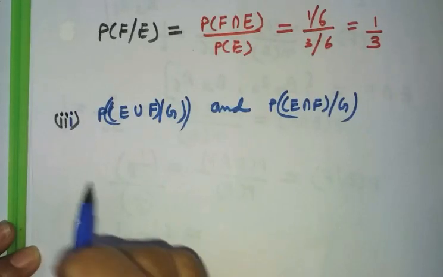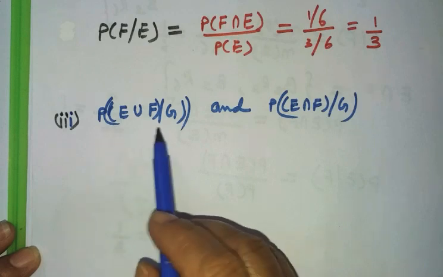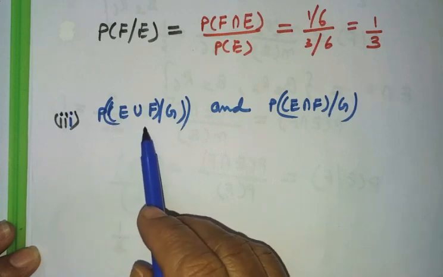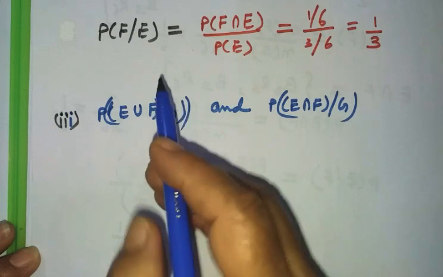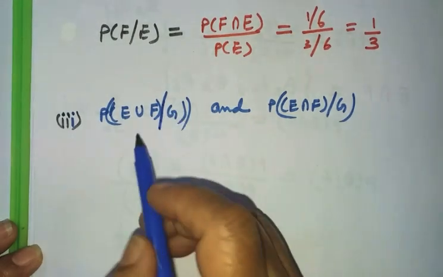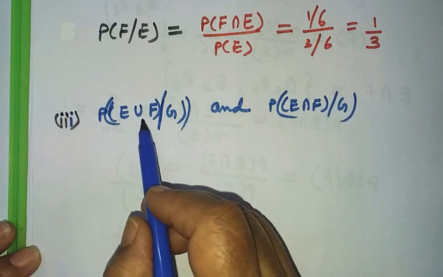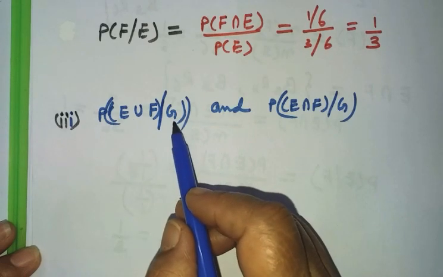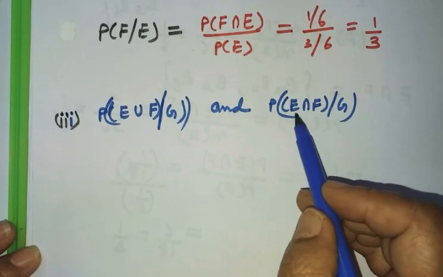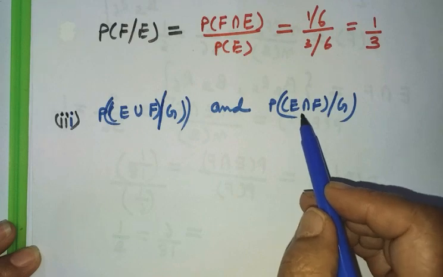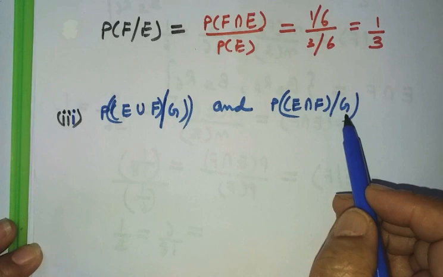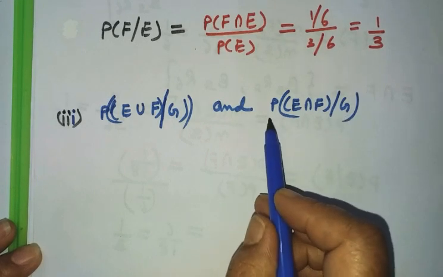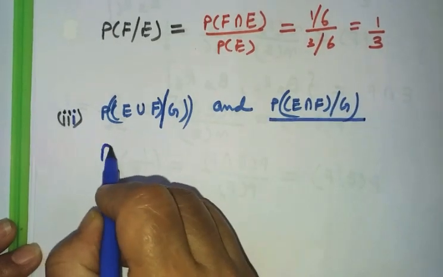Now let us see the third part of this question. It says that you have to find the conditional probability of E union F by G. You have to find the conditional probability of E union F knowing that G has already occurred. Also you have to find the conditional probability of E intersection F knowing that G has already occurred. So let me first find the probability of E intersection F